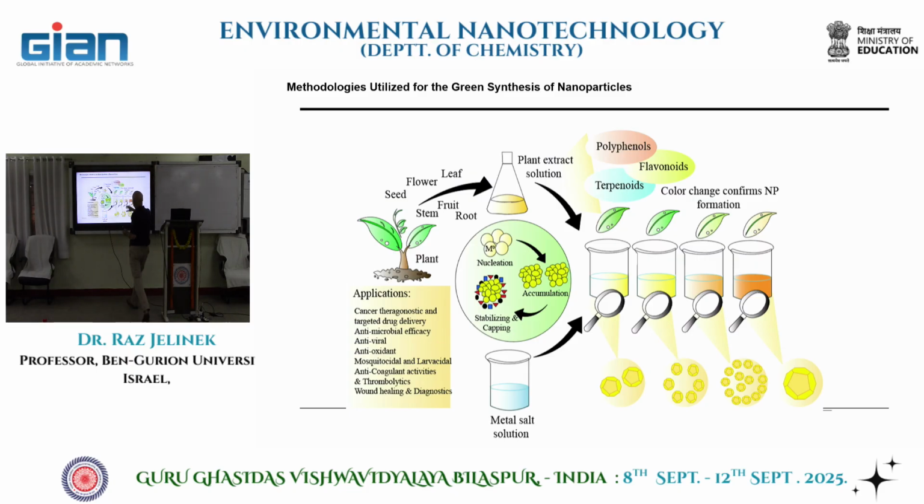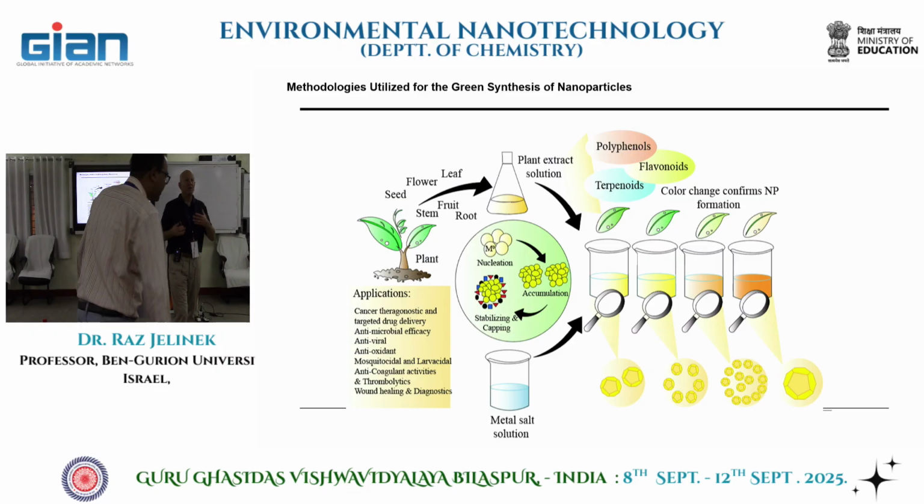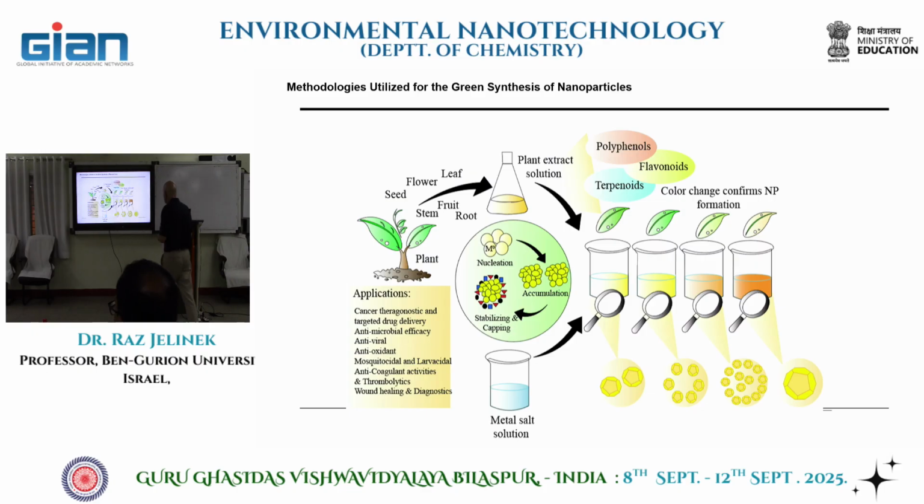For example, polyphenols. We have polyphenols, you know where? In green tea. Green tea has polyphenols. Polyphenols are known as antioxidants. They're very good for our health. Now, when we take metal nanoparticles in the presence of these molecules from plant extract,